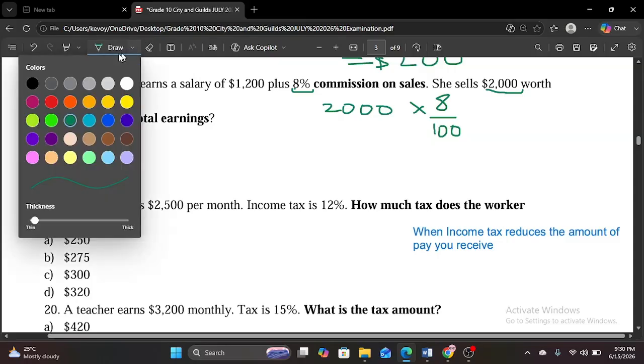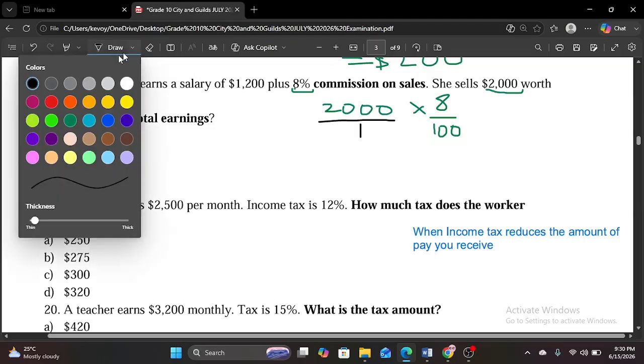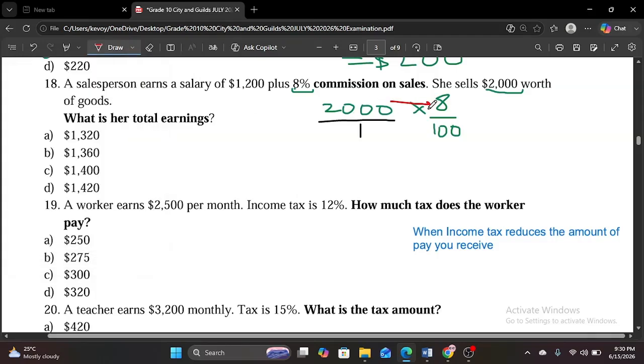So I'm gonna write it as a fraction. So that's gonna be 2,000 over 1. And then I multiply now, numerator times numerator and denominator times denominator, since I have two fractions. So that's gonna be equal to,